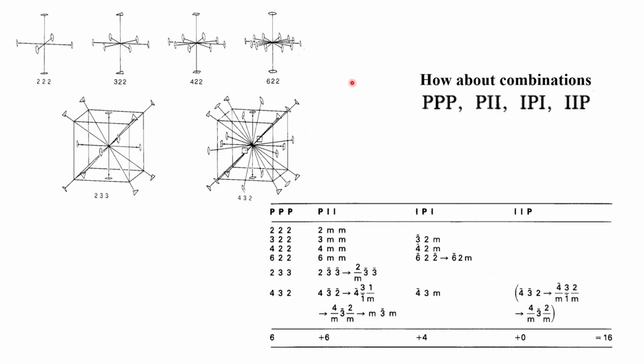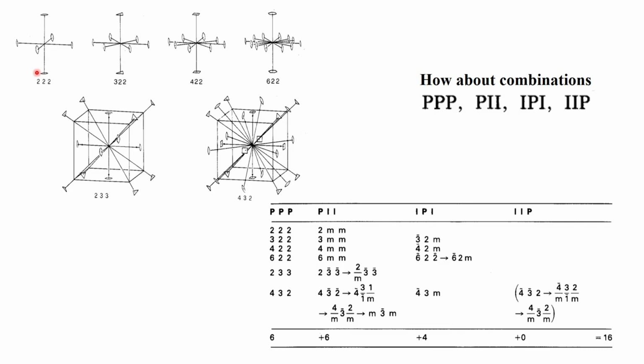So, therefore, we have 7 crystal systems, the triclinic system representing 1 and 1 bar, the monoclinic system representing 2-fold, mirror and 2 by m, and therefore, 1 and 1 bar belong to triclinic, 2, mirror and 2 by m belong to monoclinic, and then 2 mm belongs to the orthorhombic and so on. So, we have the orthorhombic, the triclinic, the trigonal, the tetragonal and the hexagonal nature defined in these cases, and then the cubic symmetry, which is also referred to as the isometric system,